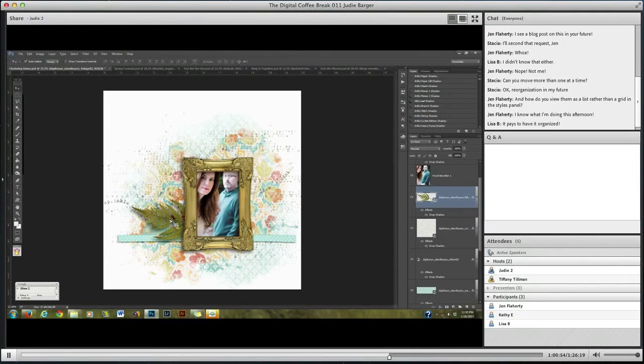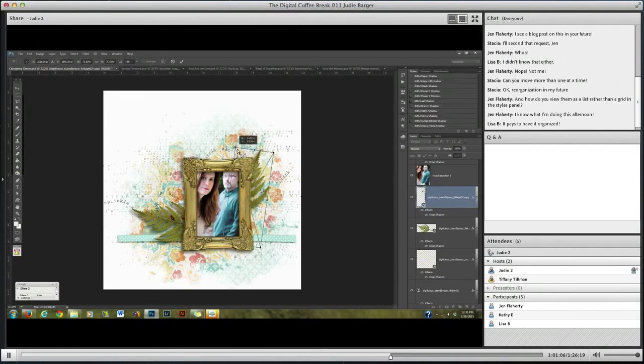So, leaf, and I like adding different kinds of leaves. This one, let's do one on this. Sometimes I just add the cluster to one side. Sometimes I'll put it on two. Whoops. I love Control Z. That is awesome. Yes, another one of the awesome things about digital scrapbooking,